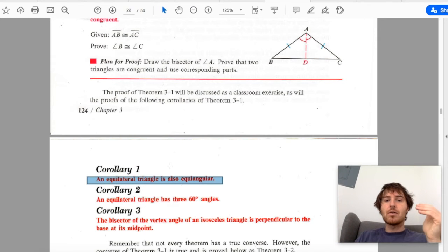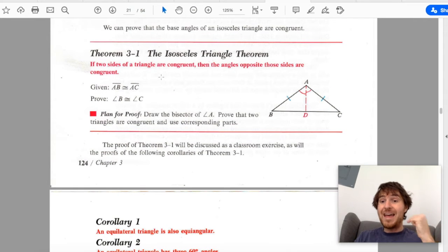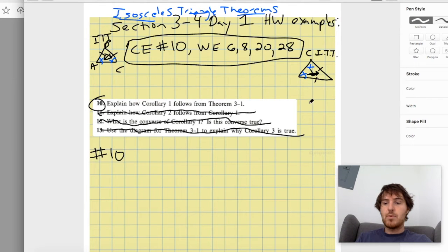How does that follow? A corollary should follow directly from the theorem that got proved immediately before it. And in your textbook, they talk about proving this one before it, which is the isosceles triangle theorem. The isosceles triangle theorem says if two sides of any triangle are congruent, then the angles opposite those sides are congruent. So maybe we'll start with that here. Okay, so the ITT